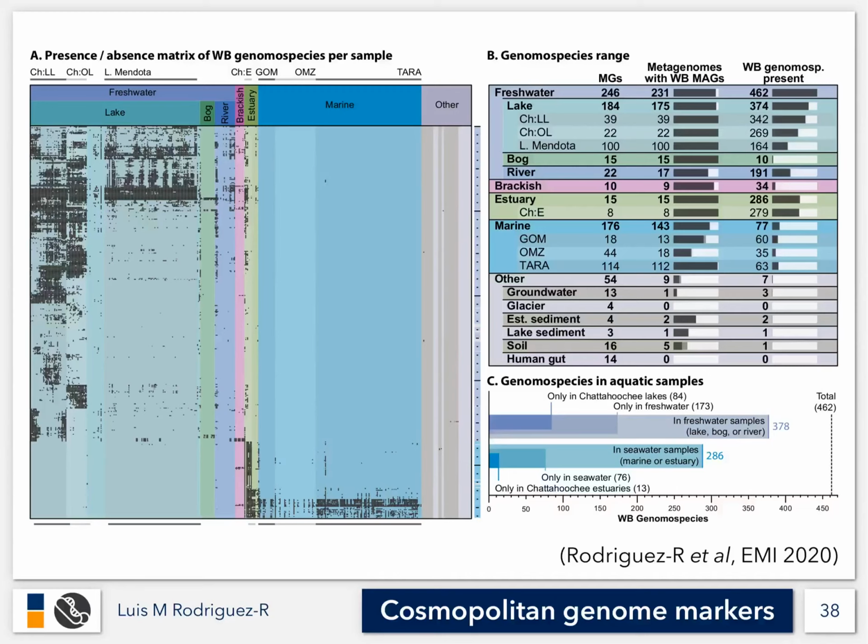From our lakes, we have other lakes. We have a large collection from Lake Mendota in the US. We have lakes, bogs, rivers, estuaries, and marine samples from around the world. And one thing that we immediately noticed is that most of our organisms are actually restricted to aquatic environments. Even groundwater is not a very good place to look for these organisms. So, okay, we have a clear